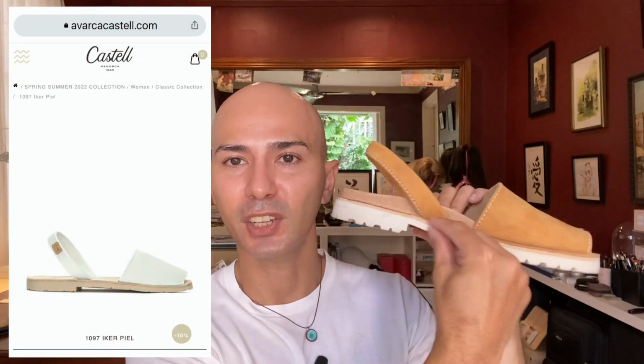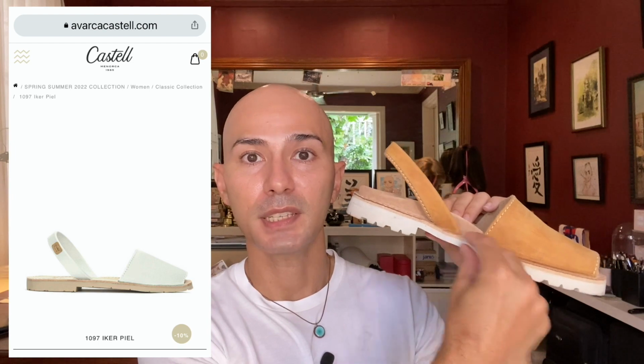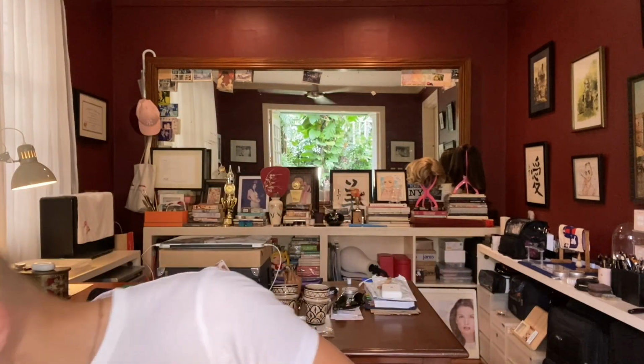This is from the brand Castell, and it has a foam now, which is actually amazing because I have a high arch on my foot, and most of the traditional Avarcas have a much flatter design here. It doesn't have this arch that you see here, which I'm so grateful that this brand does have, because my first Avarca is a little bit uncomfortable on the feet because it's very, very flat, and I do have to say now